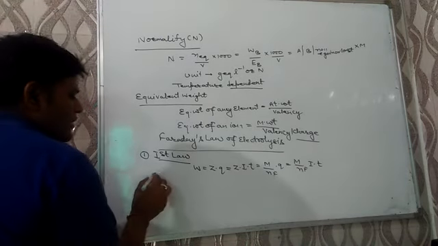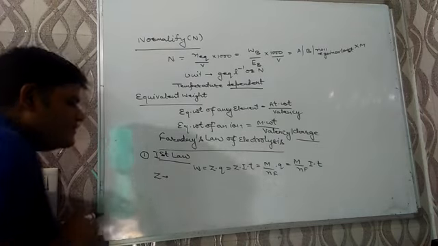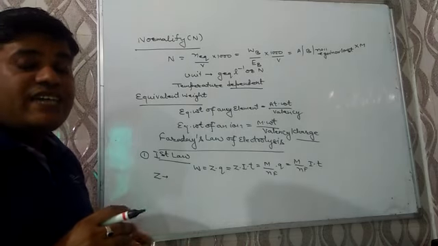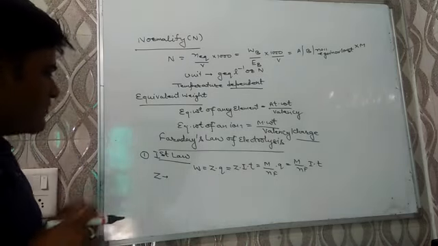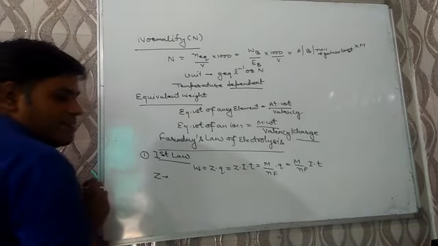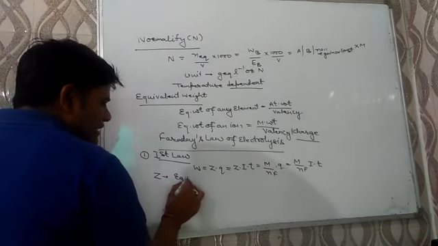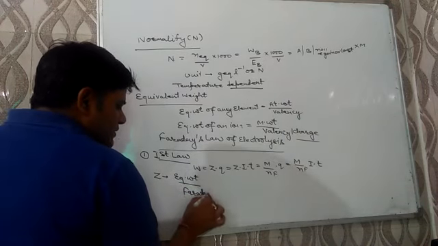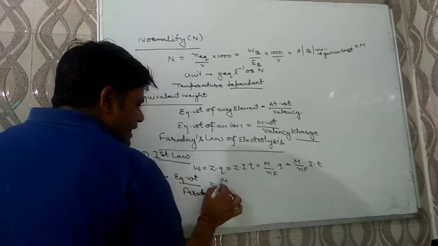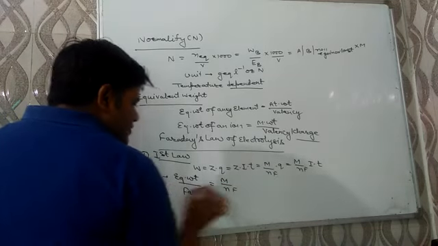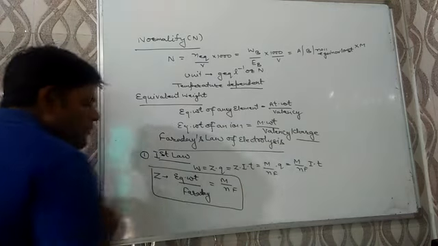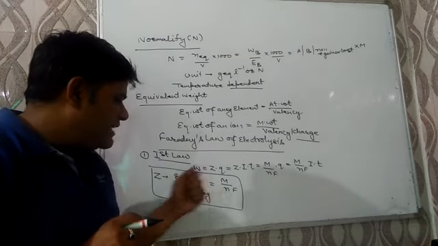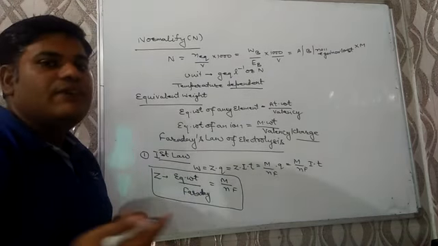Now we have to discuss electrochemical equivalent. Electrochemical equivalent is the amount of substance deposited when 1 unit charge is passed, or 1 unit current is passed for unit second, and it is denoted by Z. The formula will be equivalent weight upon Faraday's constant, and for an element, equivalent weight will be atomic weight upon valency. So Z is equal to capital M upon NF, where M is the atomic weight of the element, N is the valency of the element, F is Faraday's constant.